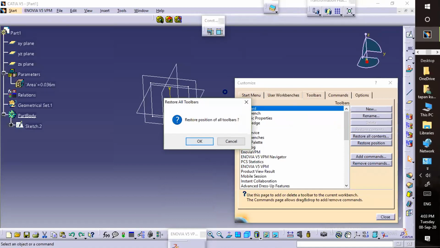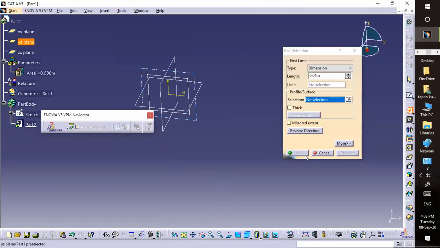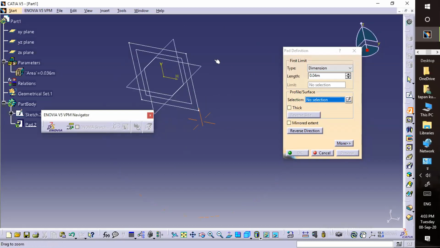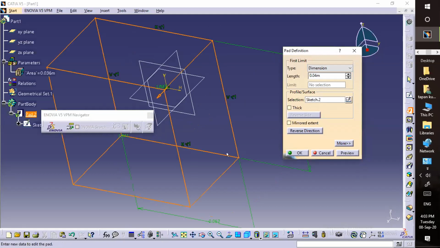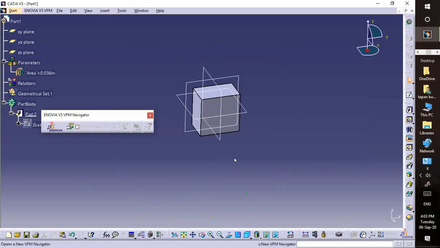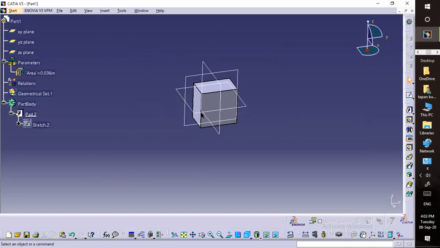Now I'll add some thickness onto this. Now I'll calculate the area by using the formula, right? Just now I explained to you people.